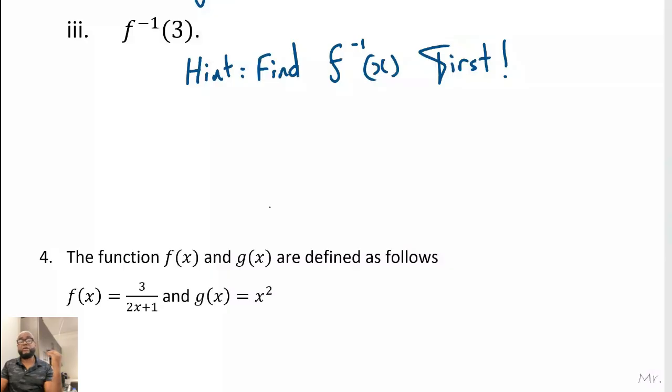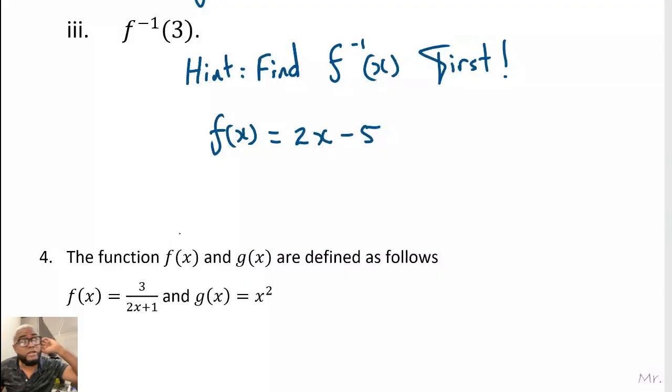Write the original function. F of x is equal to, step 2, and replace. Right, we do that. Next step. No, not next step, same step. Replace f of x with y, then